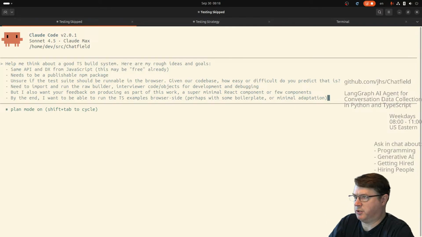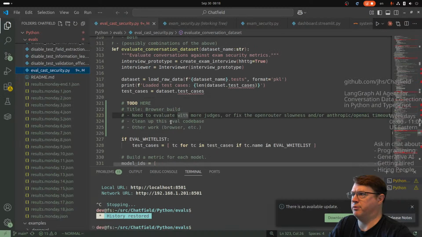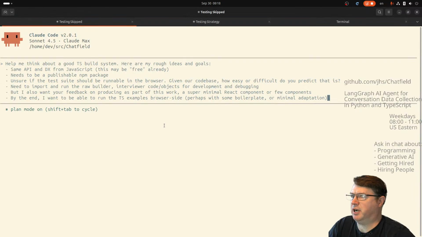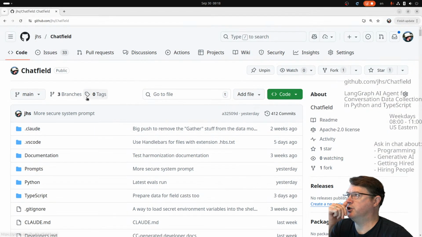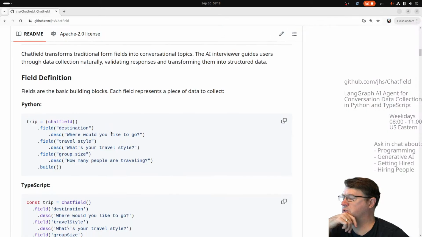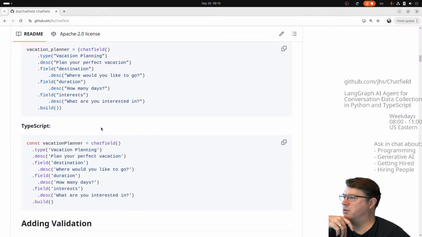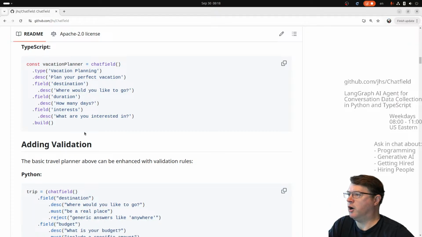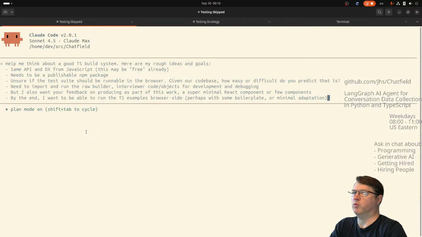We've got our examples. Let me look through the code before I send this prompt through. Let me see if I can be inspired by the code or if something can jog my memory. Let's look at some of the more advanced examples. We define fields, there's validation. Oh, you know what? I know exactly. We need